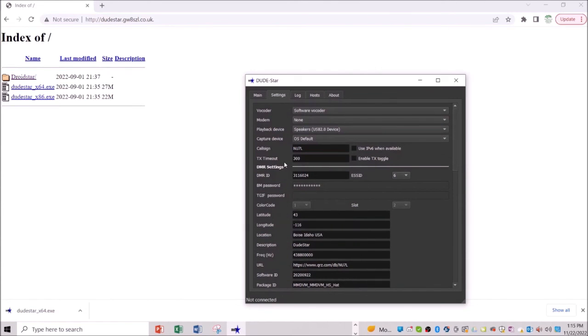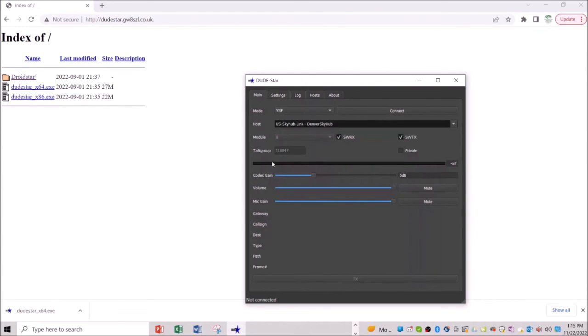You just use the TX button down at the bottom to talk with. You can just click on that with your mouse, and your microphone on your computer acts as the microphone. I'll reconnect back to SkyHub Link,